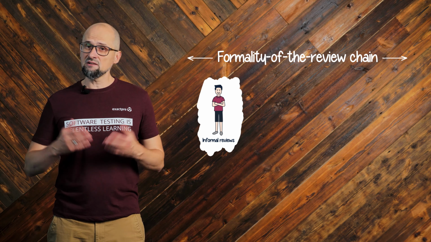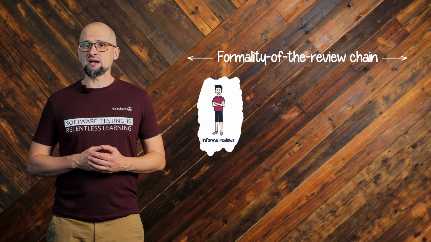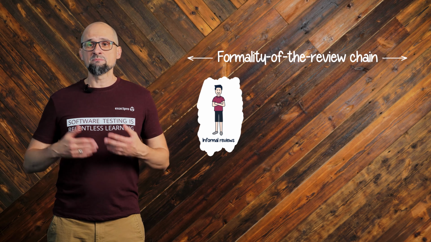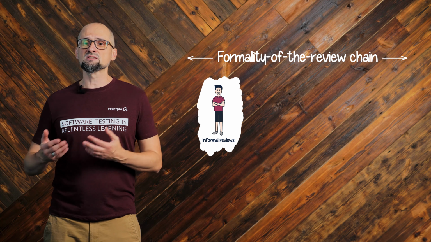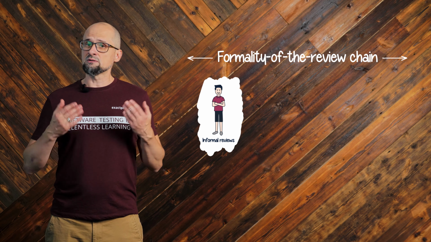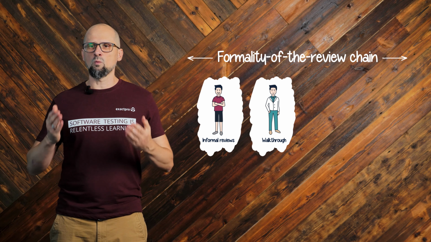We have informal reviews, also known as buddy checks. They're basically inexpensive ways to get some benefit. These types of reviews may be performed by a colleague, which means that the usefulness will depend on the skills of your peers. On the bright side, all documentation is optional, so you could save time, which makes it a perfect companion for agile development. Walkthrough.